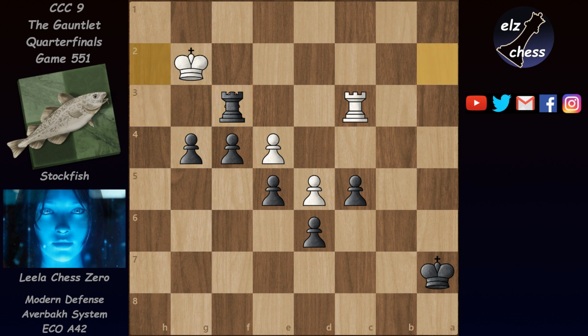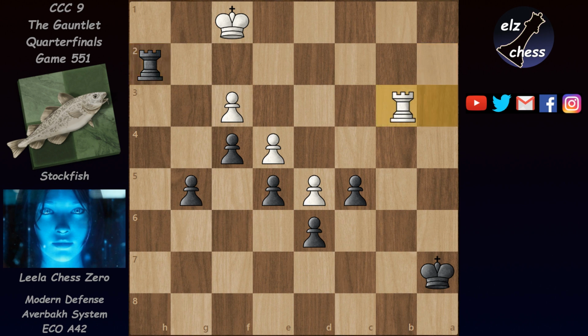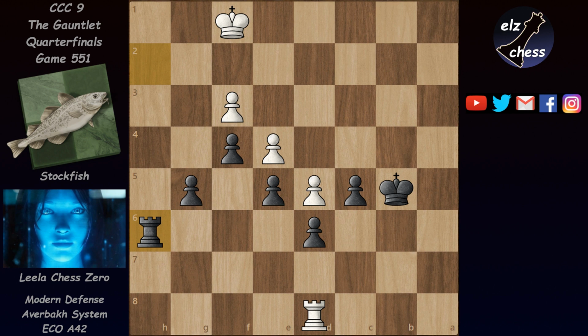So after rook h2 here, Stockfish played rook a3 check, allowing the king back into the game, rook a8, king b5, rook d8, rook h6, and here Leela's idea is now to march the king to d4 and then play g4 to weaken the e4 pawn, and then just take down these pawns. The game continued with rook b8 check, king c4,